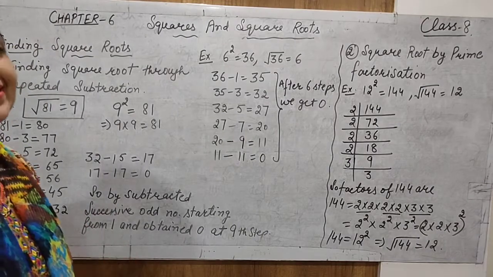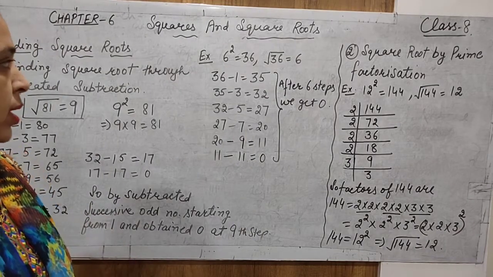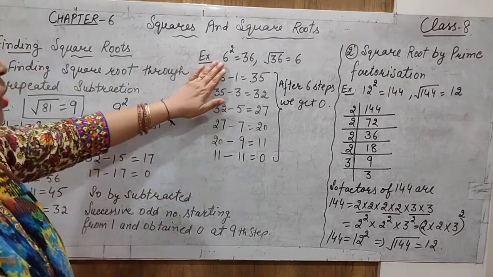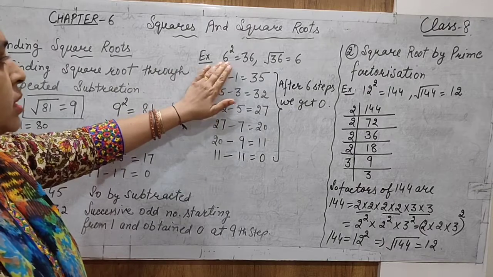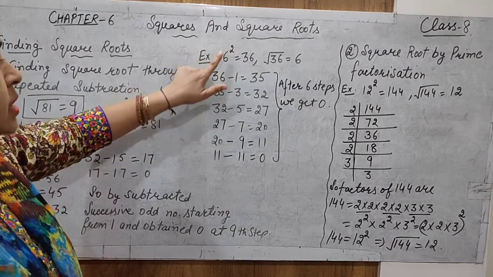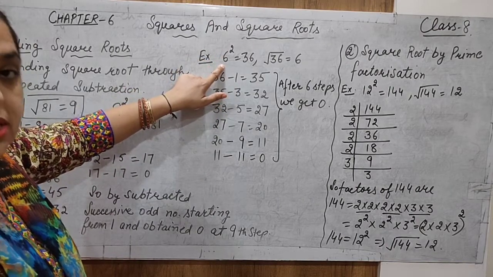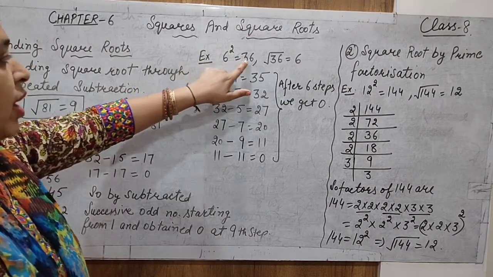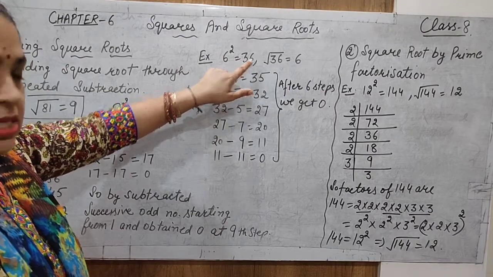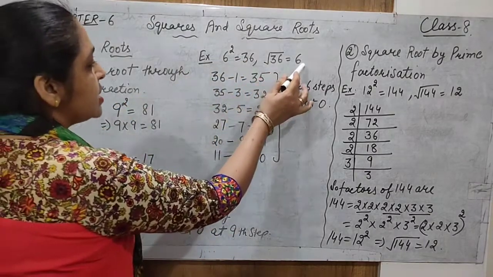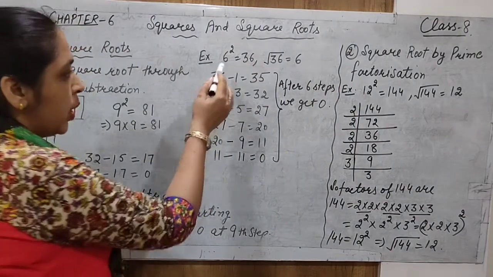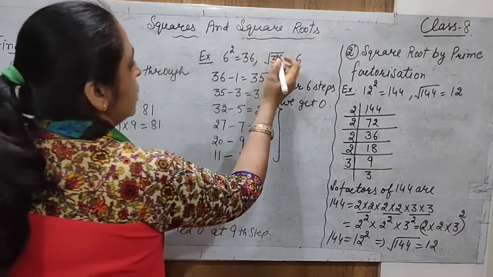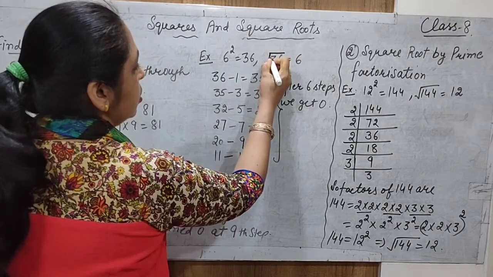First of all, understand the squares and the square root. As I told you in the previous video, when we find the square of any number, suppose 6 square, square means the multiplication of 6 with 6. When the same numbers are multiplied, we call it a square. And if the value is equal to 36, then the root of 36 is equal to 6. Square and square root. This is the symbol for the square root.